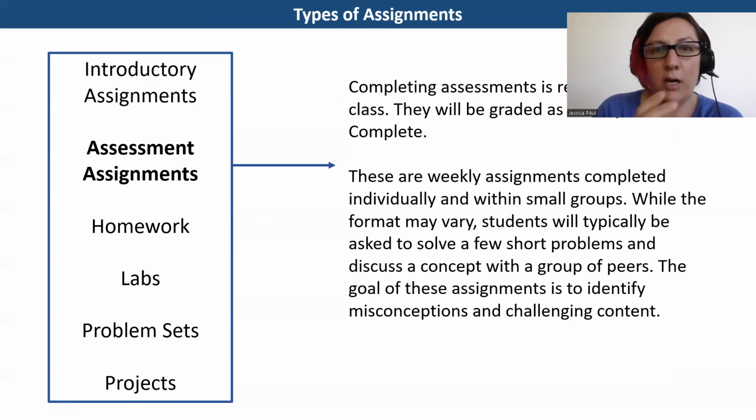Assessment activities are going to be graded as either complete or incomplete. They're weekly assignments that will typically have an individual and a group component, but they might vary. Usually there'll be a few short problems to assess where you're at in terms of your understanding of the material, and that'll help you focus what you study later on. And then also a challenge problem, usually with peers or a demonstration or something like that. The goal is really just to identify misconceptions earlier and then give you some challenging concept to draw out questions. Because sometimes we don't even know what questions we have about something we're learning until we try something kind of